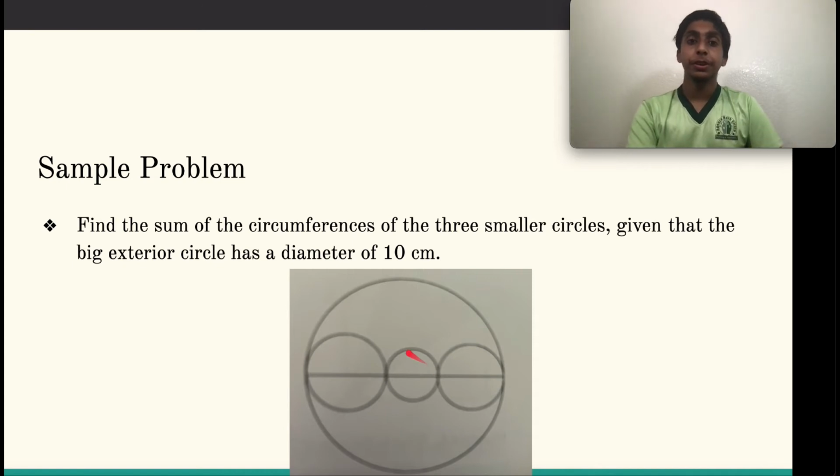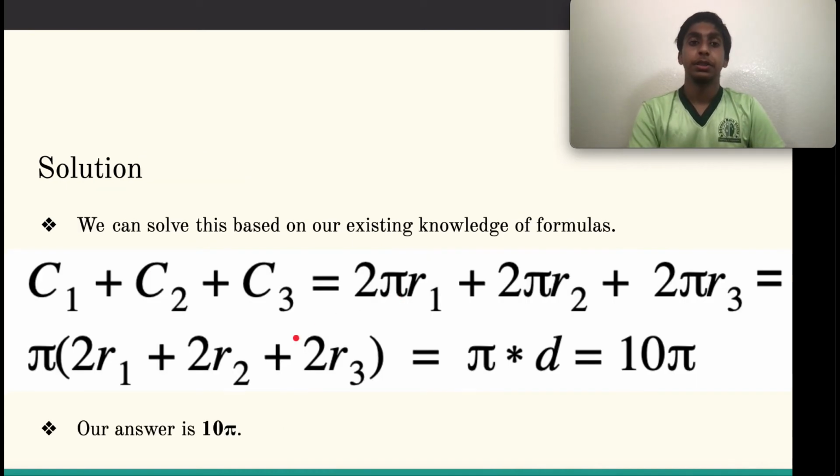Okay, so hopefully you solved that out. Let's see how we can get the answer for this one. We can solve this based on our existing knowledge of formulas. C1 plus C2 plus C3, our three circumferences, when we add them up, is the same as 2 pi r1, where this is our first radius, plus 2 pi times our second radius, plus 2 pi times our third radius. And we can rewrite this as pi times 2 times our first radius, plus 2 times our second radius, plus 2 times our third radius,